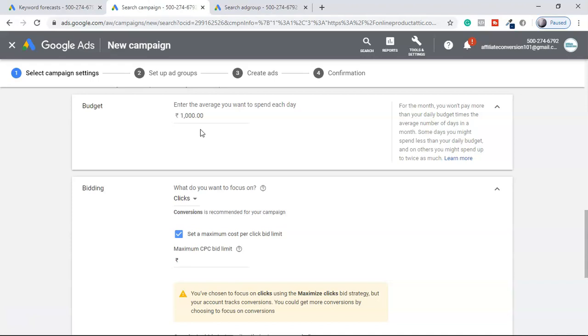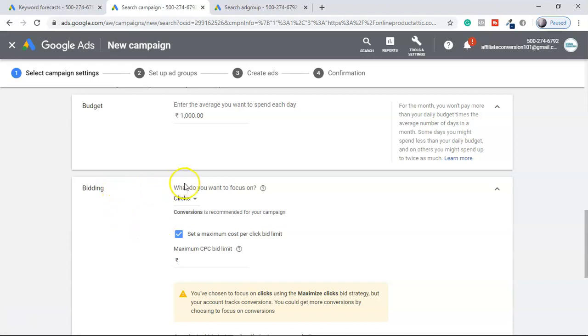This will definitely help you get some impressions and clicks on each of these keywords. And then as your ad moves on, you can increase your budget as well as your bidding. At least allow your ad to run for 1 day to see what is happening, how many impressions and clicks your keywords are getting. According to that, you can increase your budget as well as your bidding.